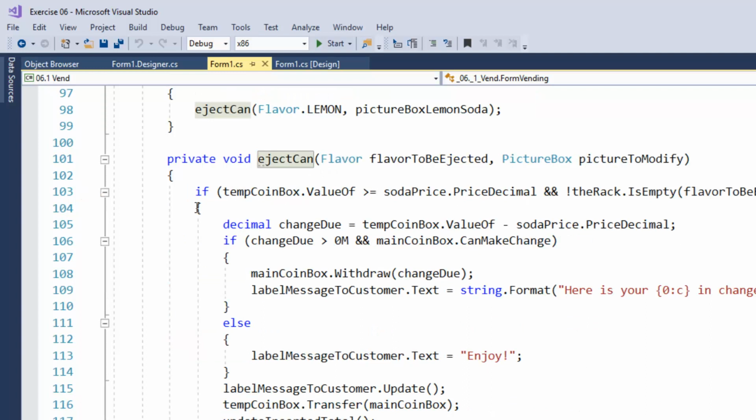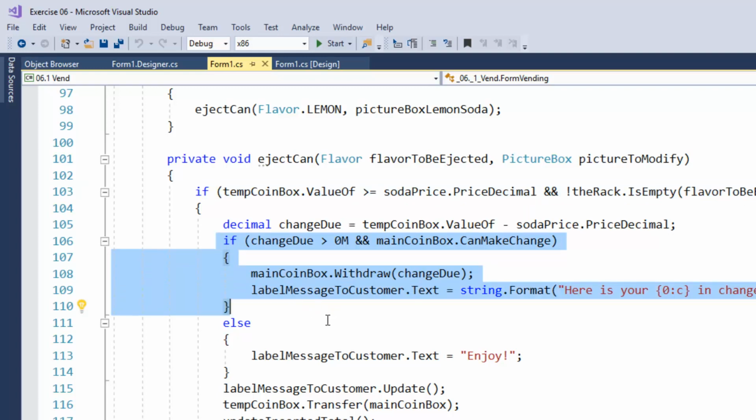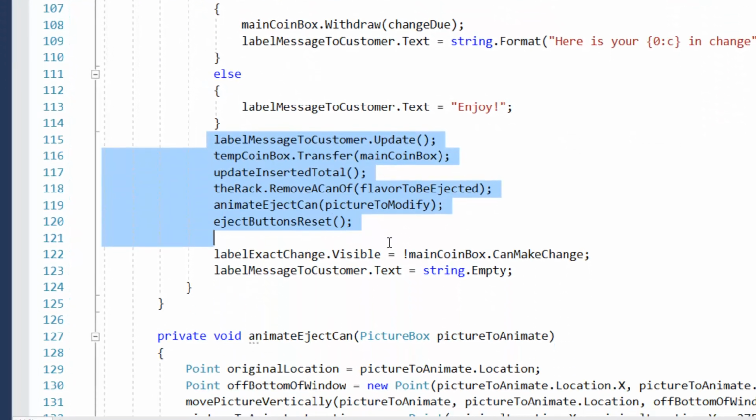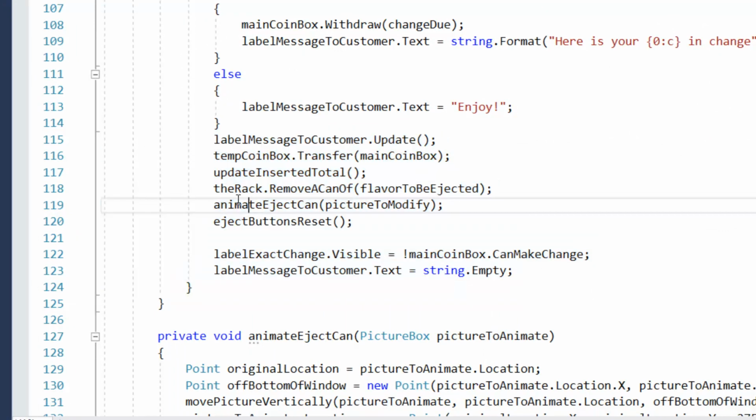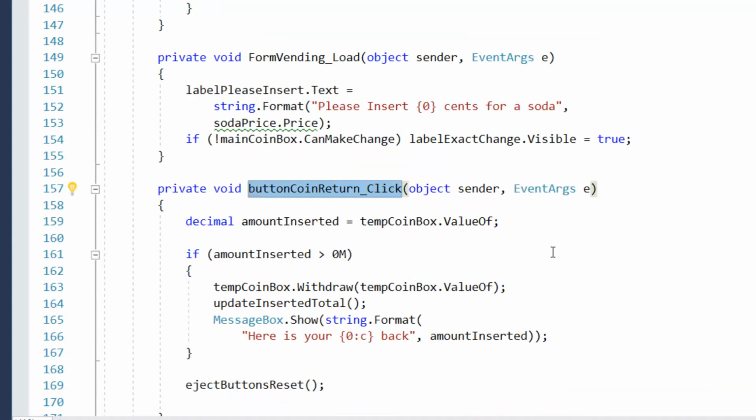Here's eject can. Make sure that it's legal to eject a can, and that being the case, provide any change back if necessary, and then otherwise reset the machine now that the can has been updated. Now, I did add, just for entertainment's sake, a little bit of animation, but however you chose to indicate to the user that their can had been ejected and was available for them to take is just fine. And here's the private method for returning coins to the user if they do choose to eject those coins without